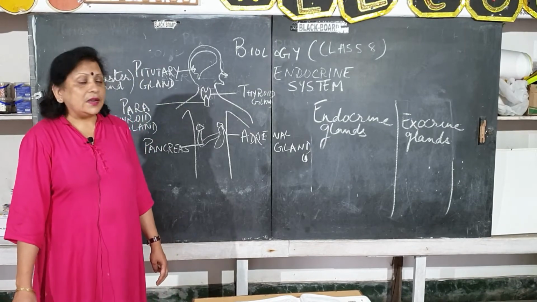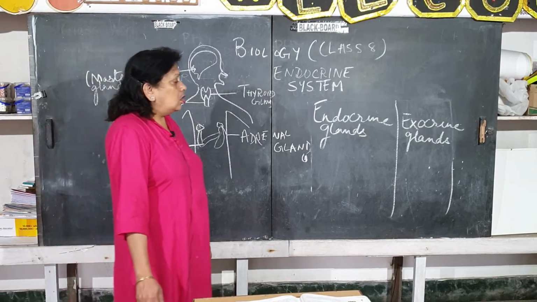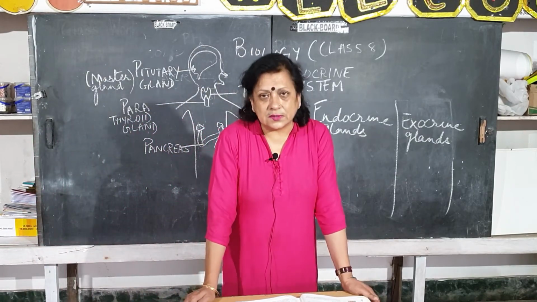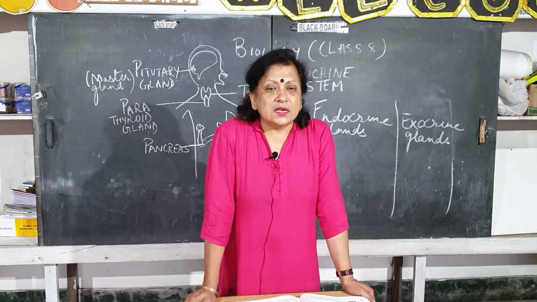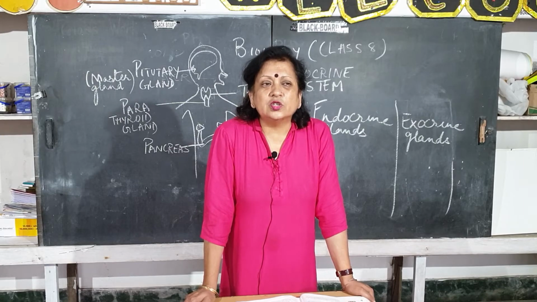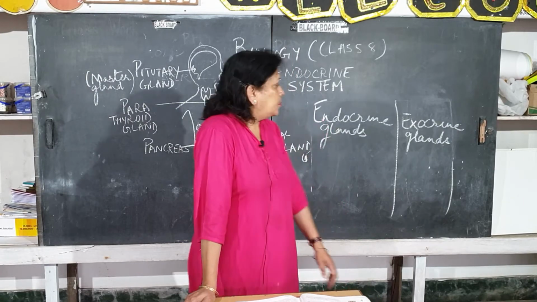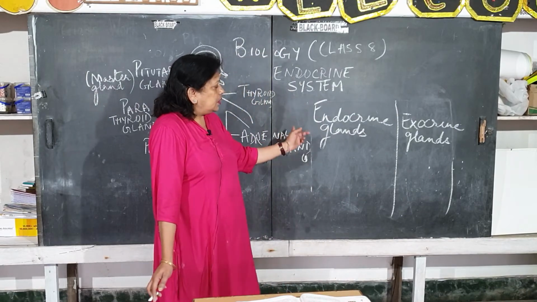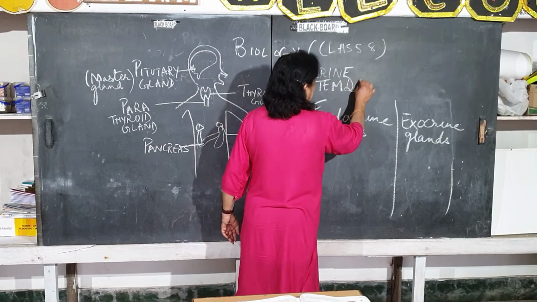While the exocrine glands, the secretions are called enzymes and not hormones. And these enzymes are sent through ducts or tubes to the different organs where they are needed. So to begin with, the first difference between endocrine and exocrine glands are